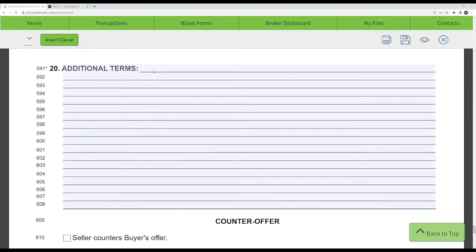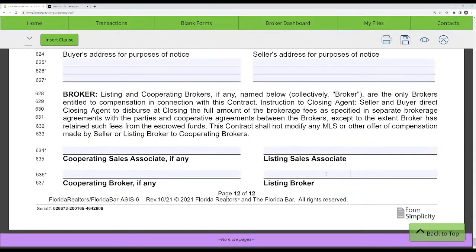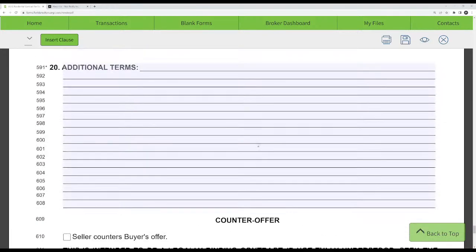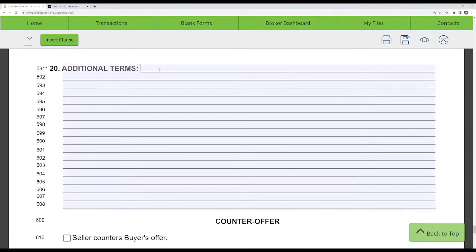usually what I like to do in my contracts is I like to write my commissions on the contract, even though it's in the MLS, and you could write the amount here. I've seen individuals write the percentage down here. What I like to do, just to make sure I know my commission's due to me, is I'll write it here, something like this. Let's say the commission is 3% for this particular contract. So I would write,